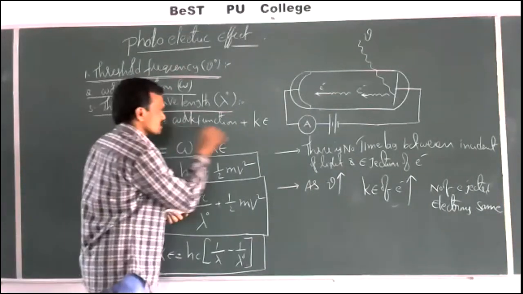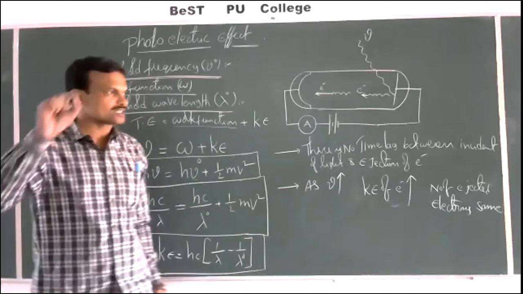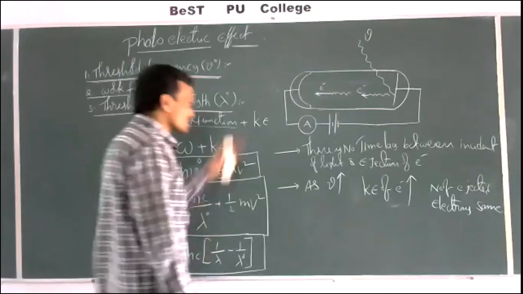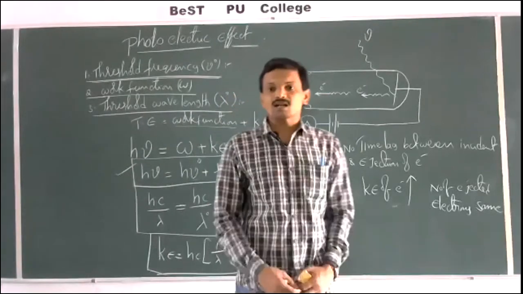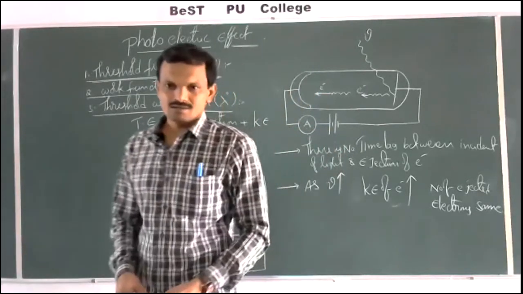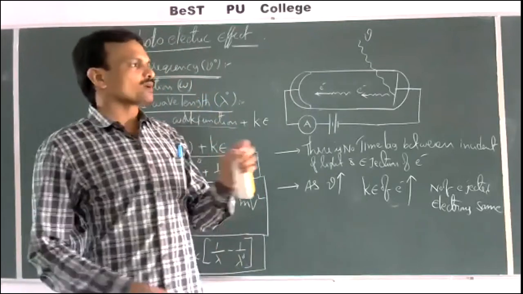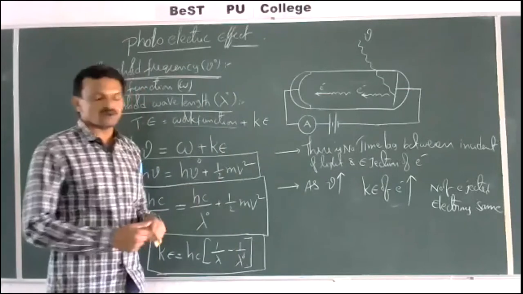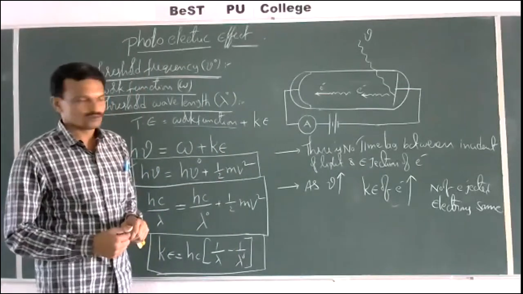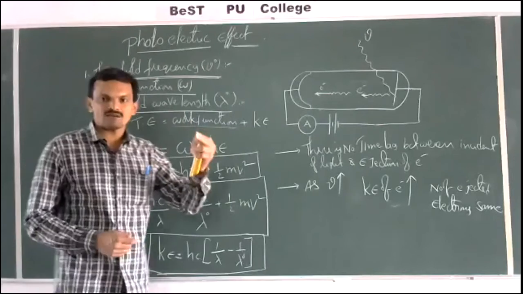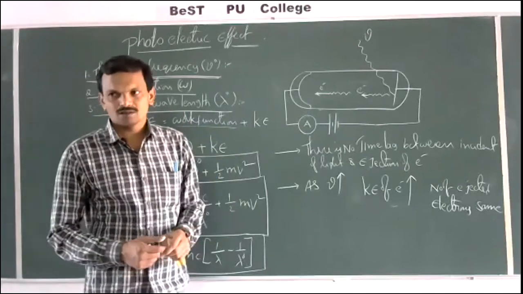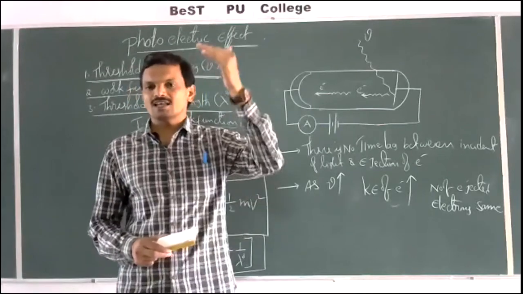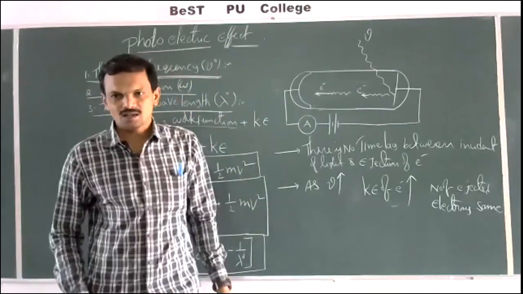work function does not change. Work function is a constant for a particular metal. So work function is the characteristic of the metal. So different metals have different work functions. Simply, work function is nothing but ionization, meaning how much energy is required for the ionization. Okay, so the elements which have less ionization enthalpy have low work function. The elements with a high ionization enthalpy have high work function.